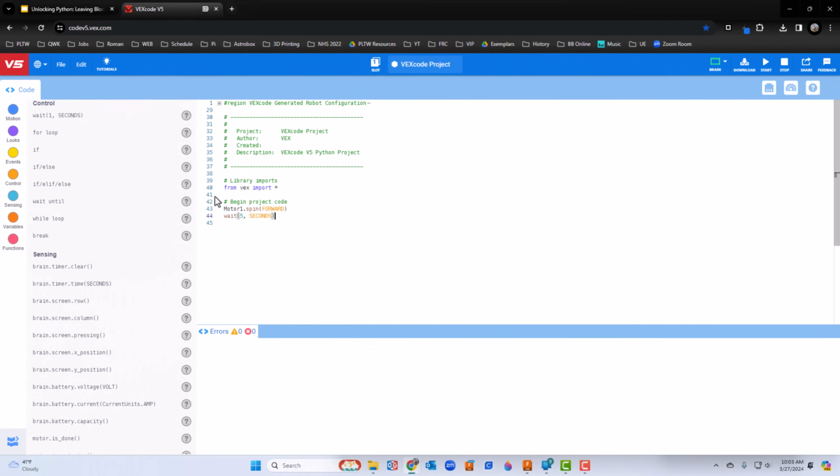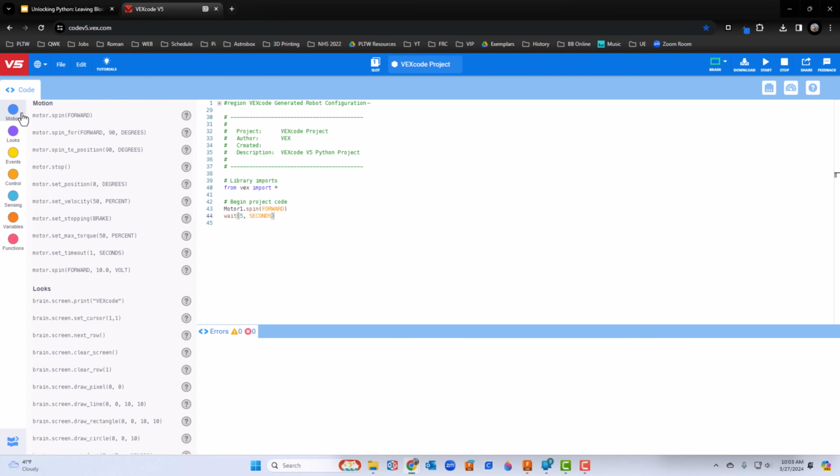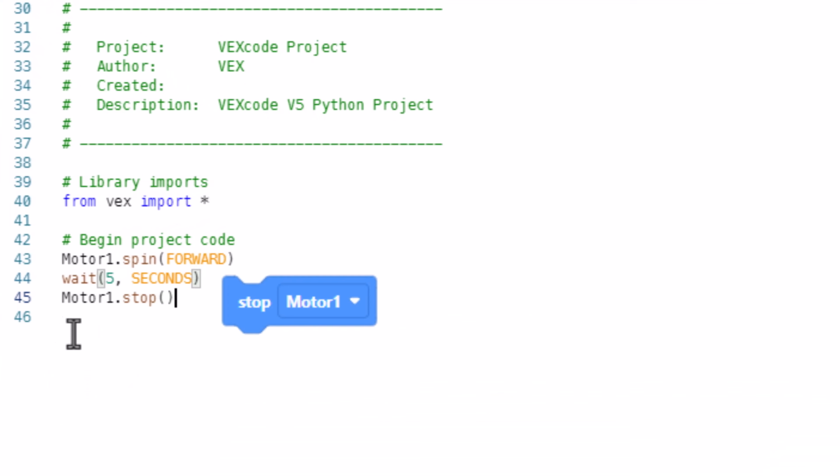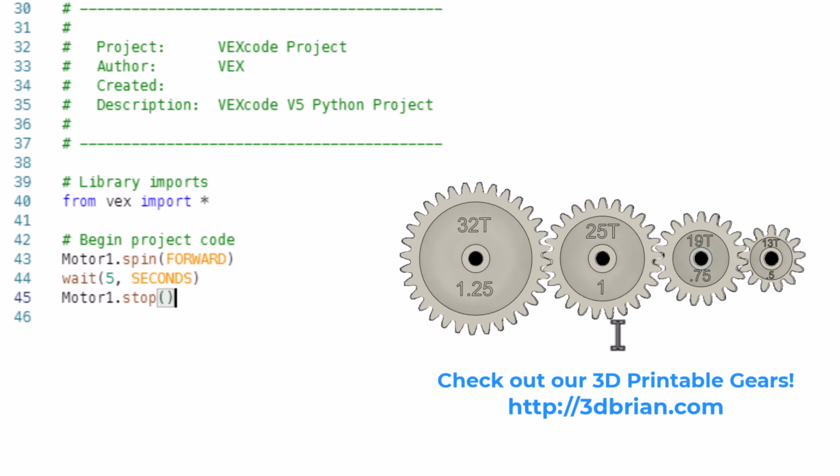Next, we want to make sure to stop the motor. So we'll go to Motion, and we'll say Motor Stop. Drag it to the next line. This will turn the motor 1 off. If we don't put this in, motor 2 will also start, but both motors will be running because we never